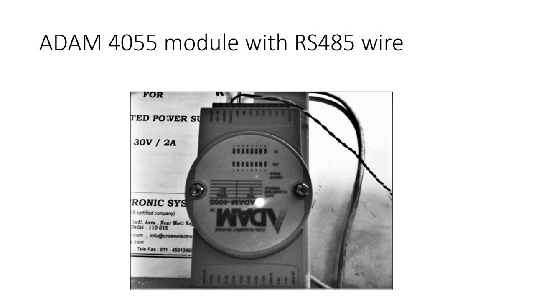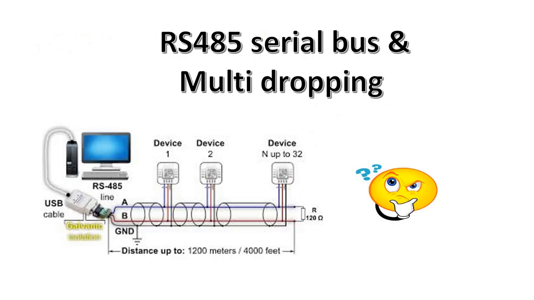And this is a long wire. You can see the twisted pair coming out with the RS485 wire, which is connected to the circuitry we discussed earlier. Now this is how the configuration is going to be. Suppose you need to put multiple RS485 devices, whether it could be multiple ADAM4055 devices, you can connect them in parallel, multi-drop it like this.